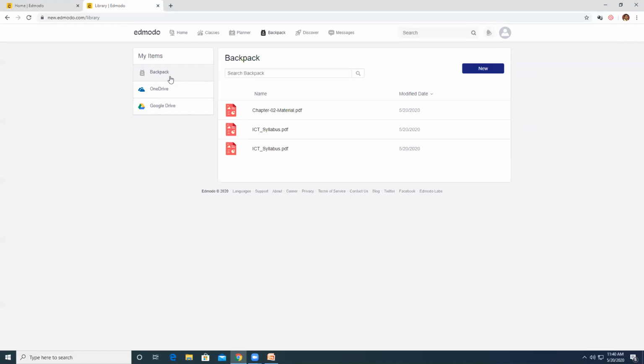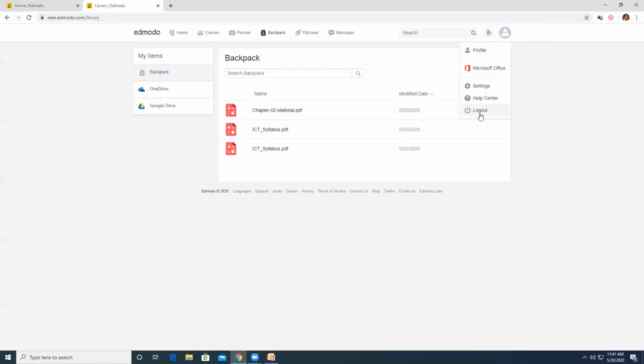I'm comfortable with Backpack. And yes, all the material you add to your backpack is always available to you, even though, let us say, the teacher removes the post or does something. All this material is in your Backpack. So this is very interesting. You can have all your data in one place. Yeah, I think that's all from the student point of view.